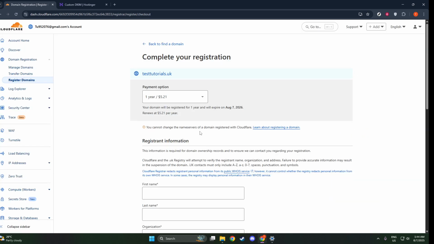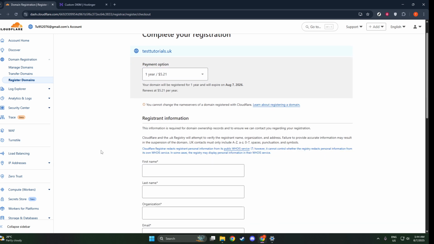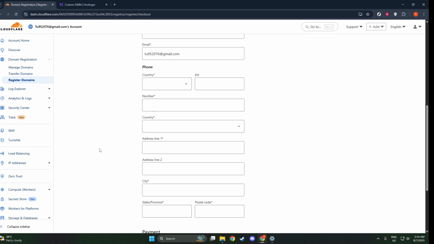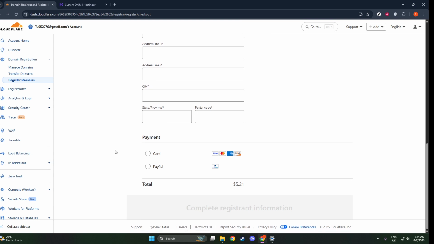Next up, it's time to search for and select your desired domain. In the search bar provided, you can enter the domain name you have in mind or even a keyword related to it. Cloudflare will then display a list of available domain options. Take your time to scroll through these options and identify one that suits your needs. Once you've found the domain you want, ensure that it's available, and then click on the Purchase button. This step confirms your choice and sets it aside for your checkout.